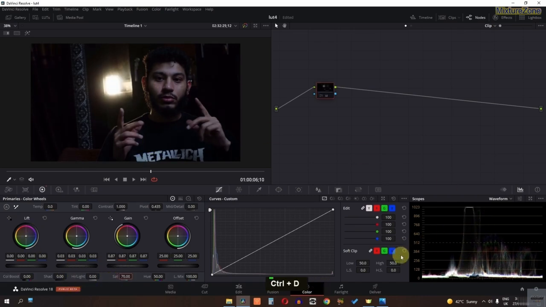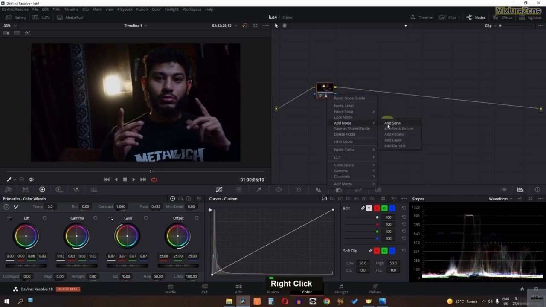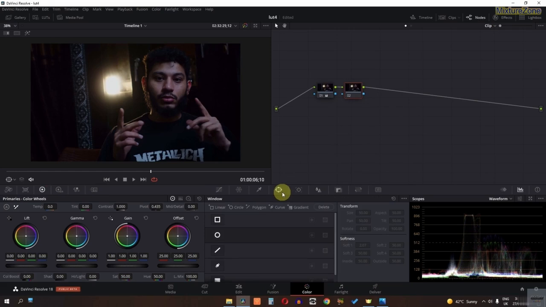So this is before. As you can see in the scope, these colors are touching this line, and after, this is what we achieved. Now our next step is to create a serial. Go to the masking window and add the circular mask, and now in this node we are going to mask around my face. First decrease the size to around this value,